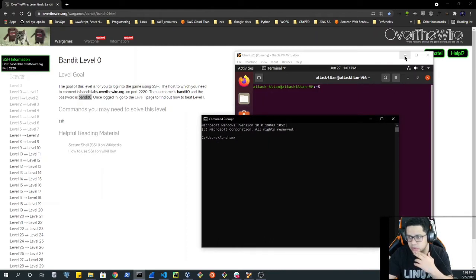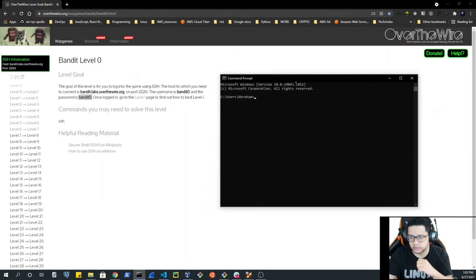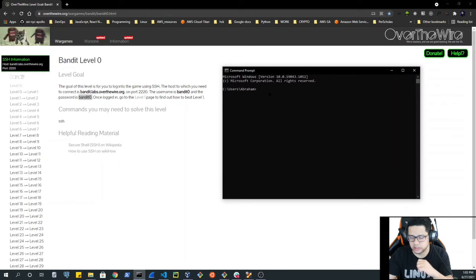In order to SSH, if I'm running Windows 10, you're able to use SSH. If you're using anything lower than Windows 10, you can use PuTTY, or you should run a virtual machine like an Ubuntu machine or CentOS, whatever you like. To SSH to the first level, we're going to use the SSH command. This is Windows, and we're going to